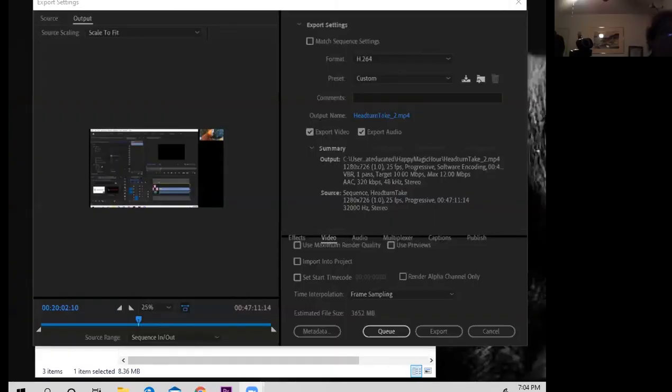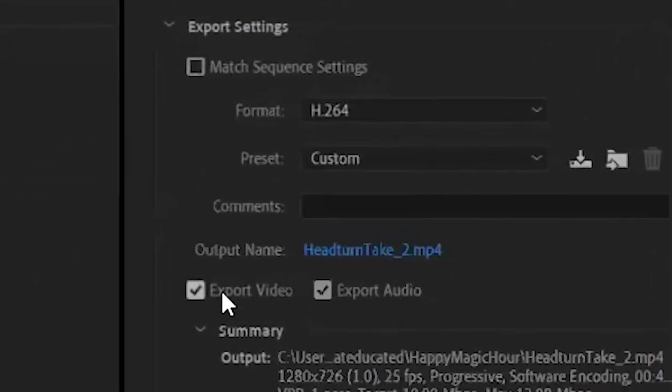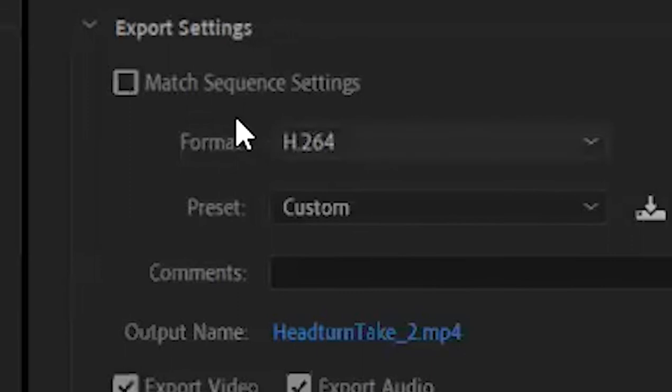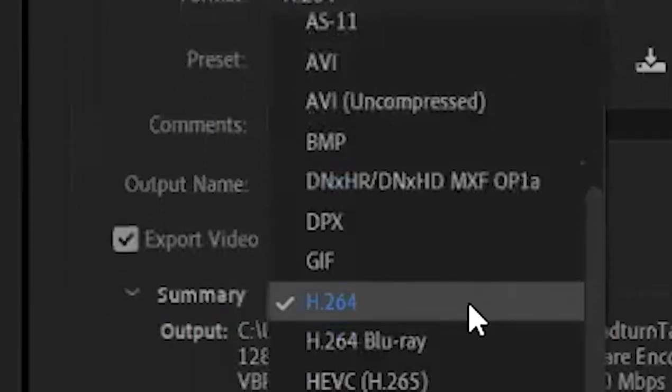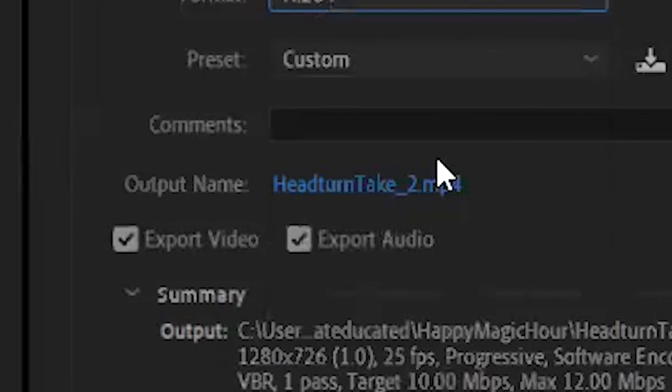Let me now show you how you would take all these clips that you've put into Premiere and how do you export them into one single file. Okay, so what you do is you go to Export under File, go to Export, and it'll pop this up. You go to Export and then go to Media. And when you press that Media, it turns on this export settings, brings you into this window right here. And when you first do this, it might not be at this format right here at H.264. So what you want to do is make sure it's at H.264. You're going to set it to that. You're going to go to Custom,